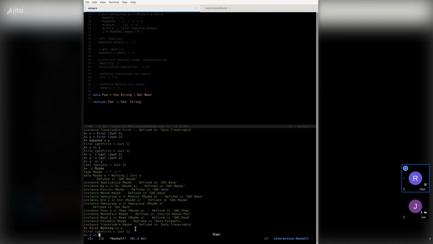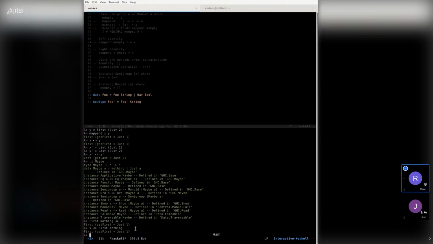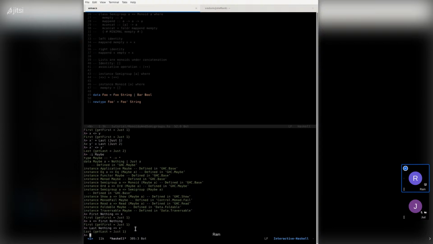Or if we pass in first nothing here, you'll also get the leftmost. So we have left identity, right identity. This works because nothing is the identity, a part of maybe. If we do last and do the same thing, we get the same result here: last x prime, last nothing.